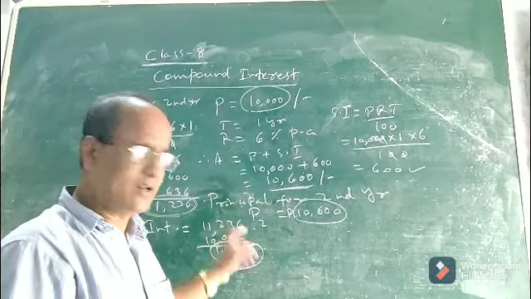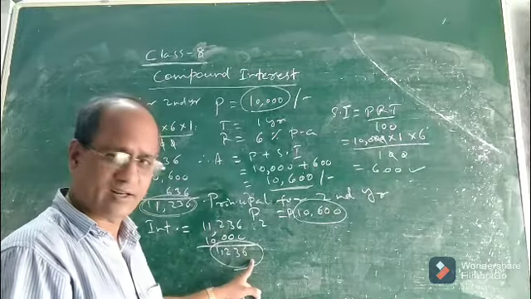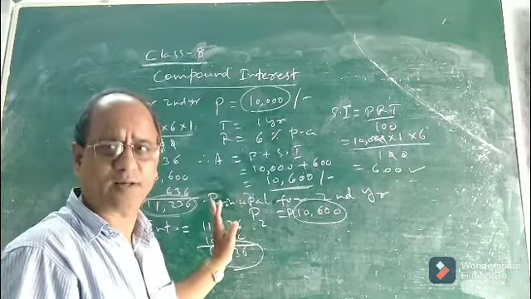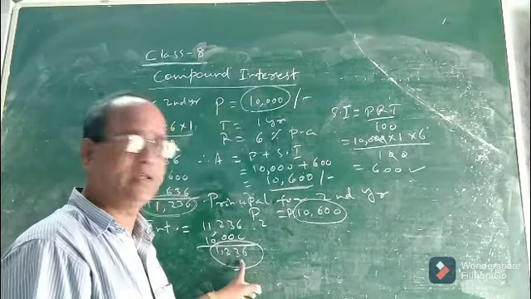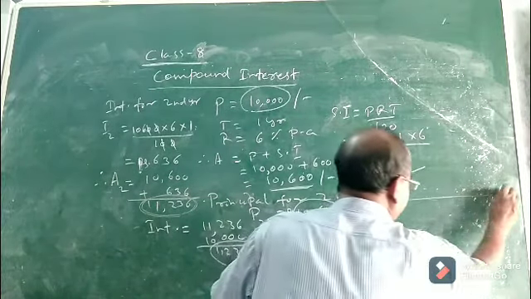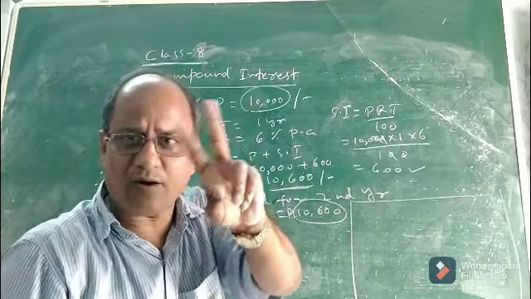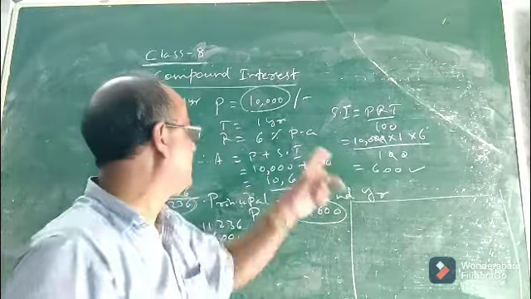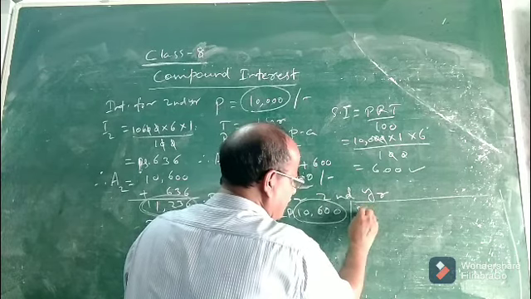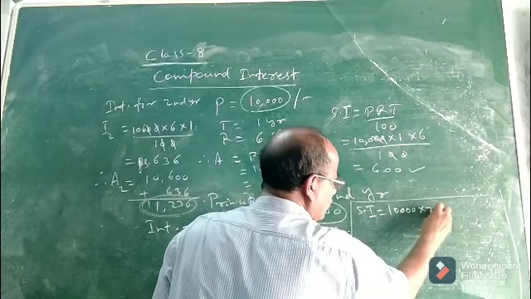Okay. Now children, this 1,236, do you think this interest is the simple interest on this 10,000 rupees for 2 years at 6% per annum? The answer is clearly no. It is compound interest. Because you see, if you calculate the simple interest, let us calculate the simple interest. The same amount, P is 10,000, time will be 2 years because he is clearing the loan after 2 years, and rate is given how much? 6% per annum. So you see, the simple interest will be equal to 10,000 into 2 into 6.